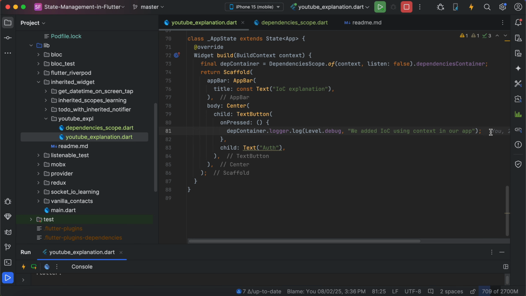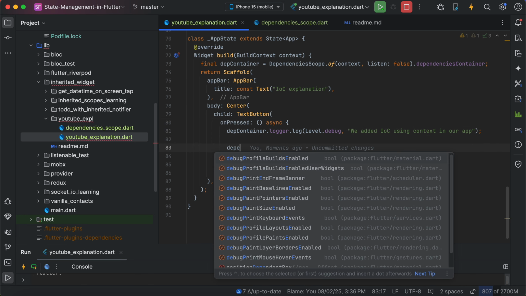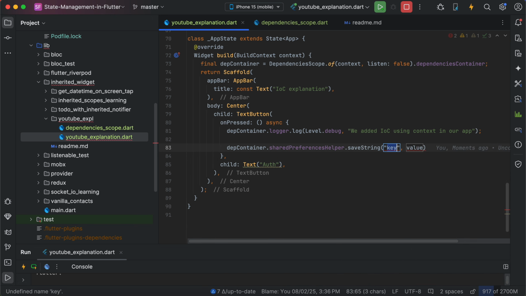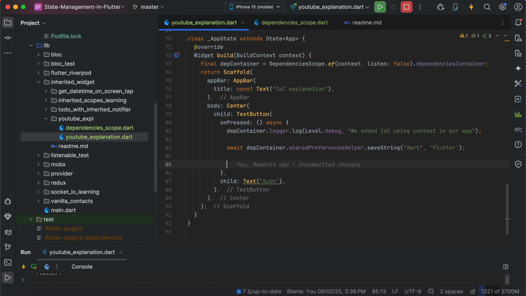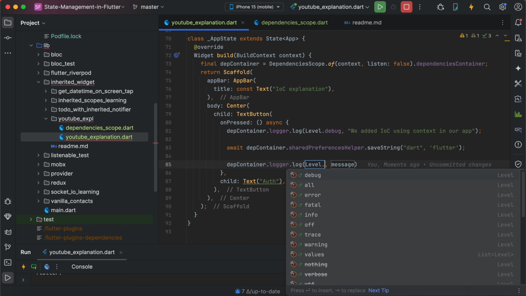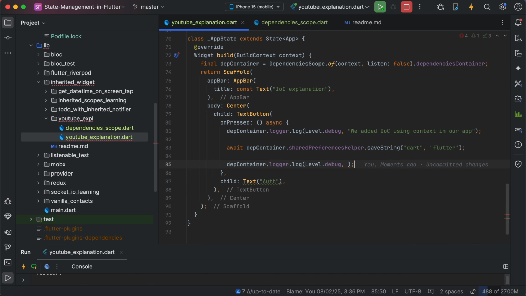And also you can do similar to this one. Look, dependency container, shared preference helper, save string keys, key is Flutter, value is Dart, or maybe Flutter is value, key is Dart. It's a synchronous one, should be awaited, and then dependency container logger log debug, and also you can use